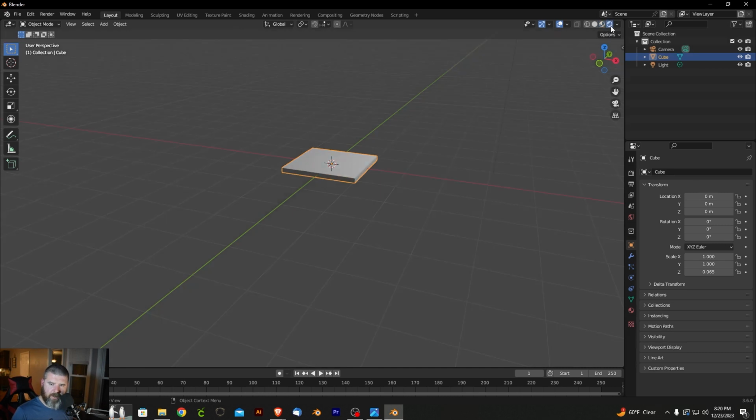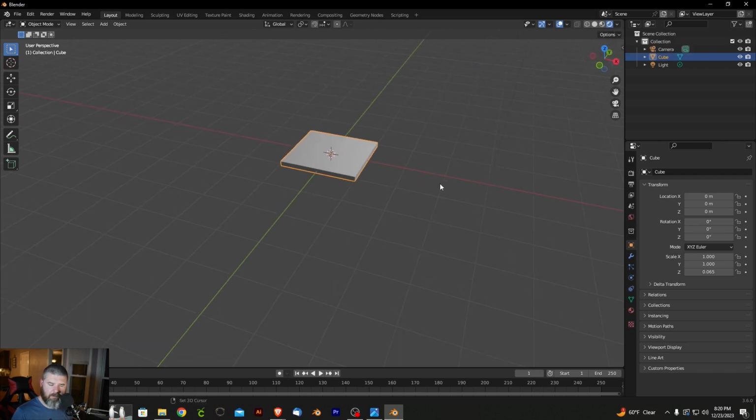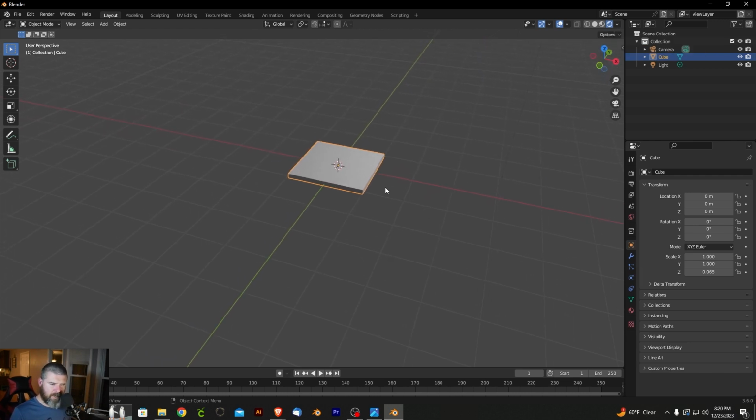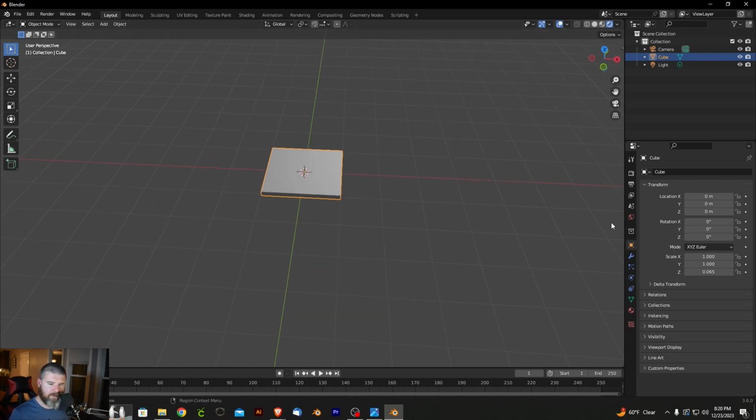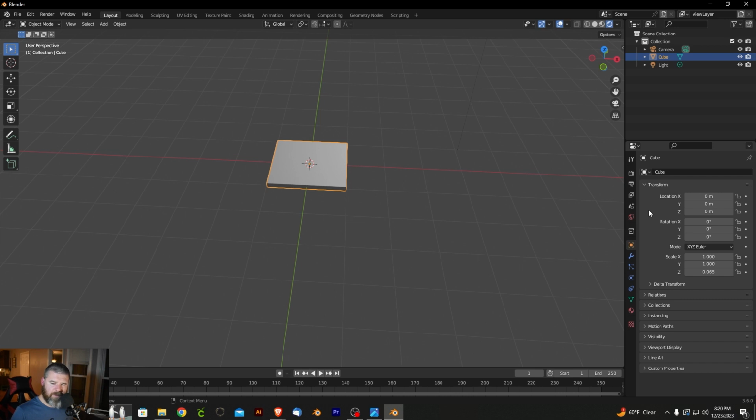That adds some shading, but this is what we're gonna do. We're gonna do the viewport shading on the very far right side here. You notice that the color itself hasn't changed though, and that's because the default material is this color. So what we're gonna do to change that is after clicking on this cube in object mode, we're going to